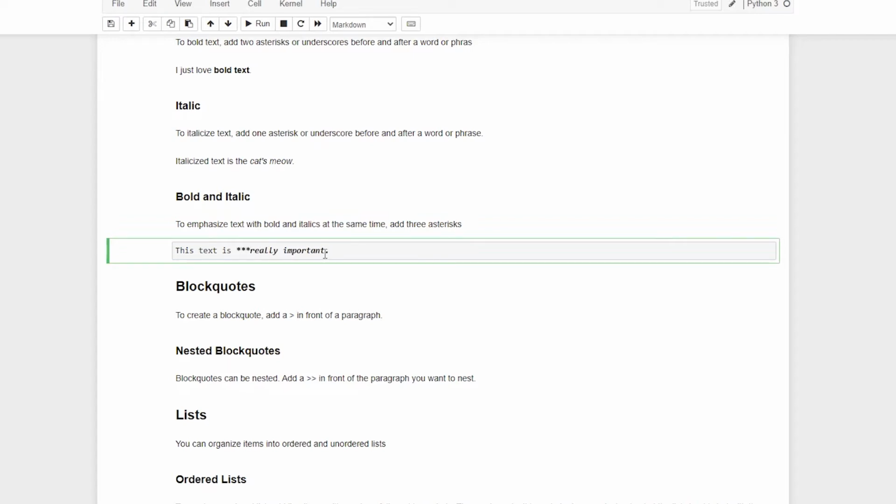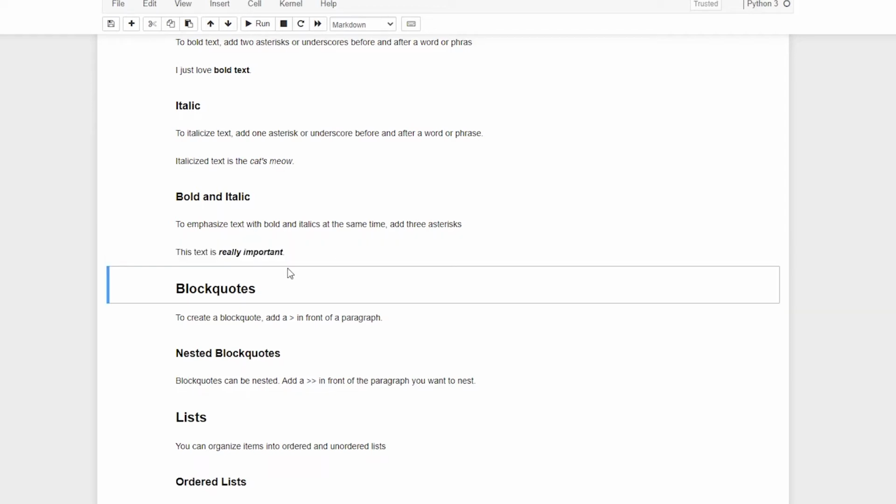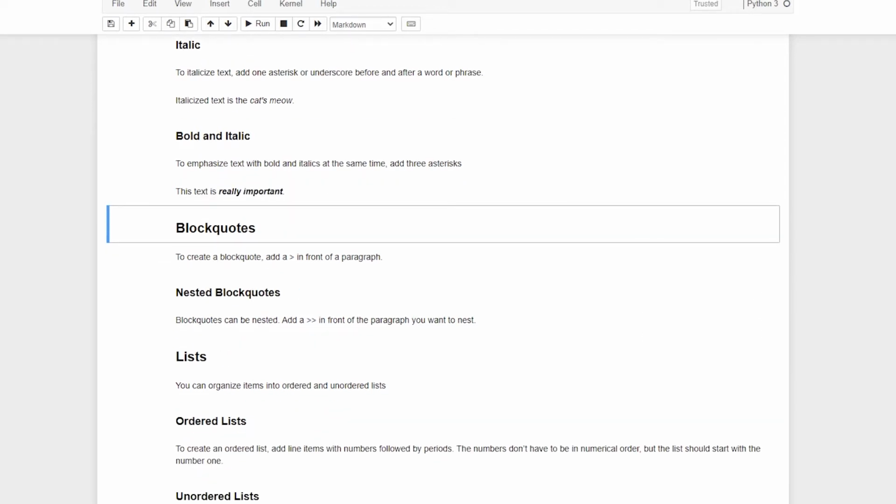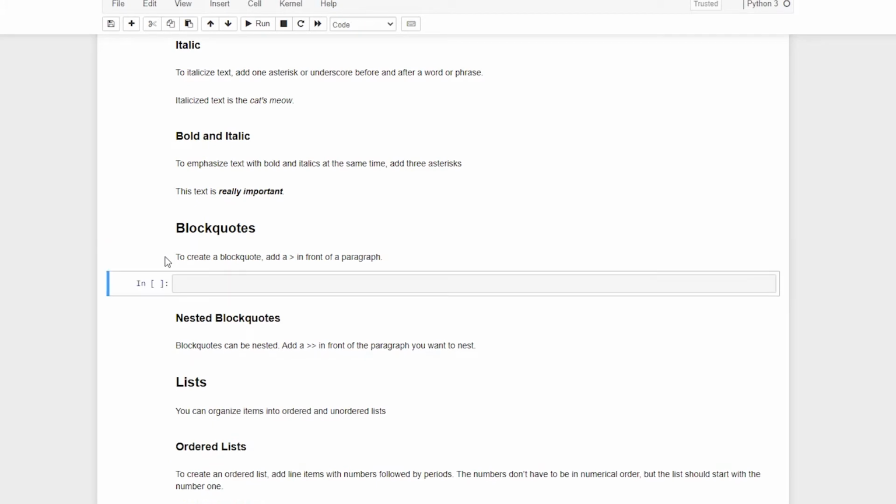So this workbook is pretty nicely written. You can just read the hints, and that will help you to complete this worksheet. Now, block quotes are sometimes very important to highlight a particular section of your document. So I'm going to come here, change it into markdown as always, and paste this dummy text, and it says add an angular bracket, or what is it, greater than. Okay, let me just add greater than and press shift enter.